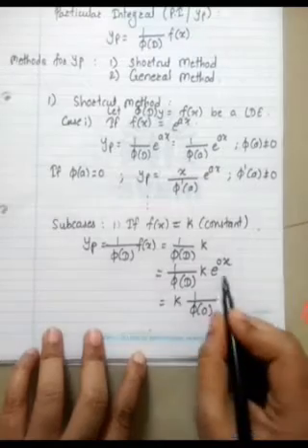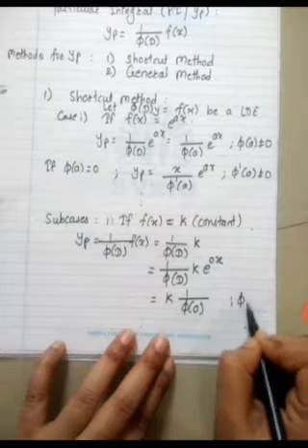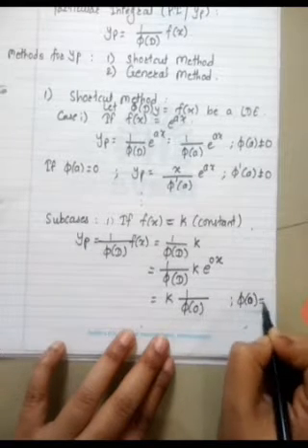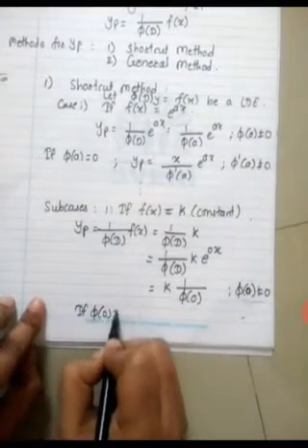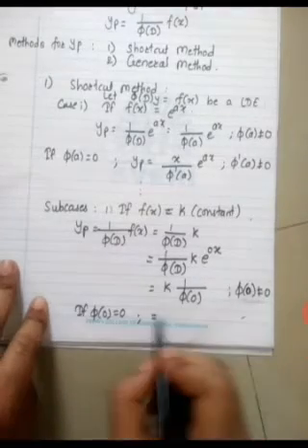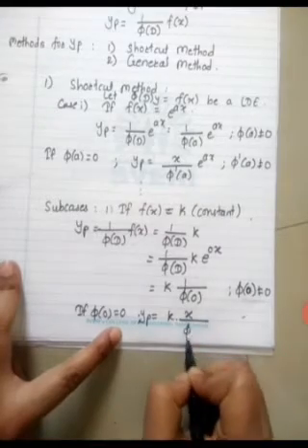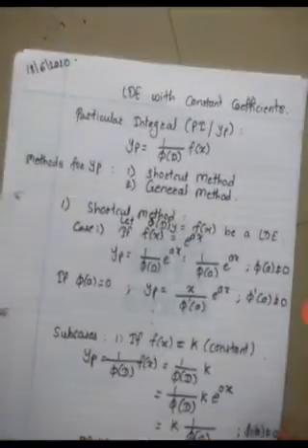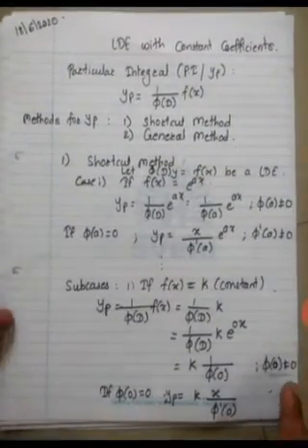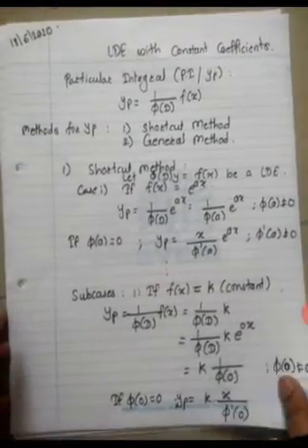So k upon phi of 0 into e raised to 0x, that is 1, no need to write again. And here phi of 0 should not be 0. If it is 0, then what to do? K as it is; multiply by x and take the derivative of the denominator, phi dash. If it is a constant, simply multiply it by e raised to 0x, as e raised to 0x is 1. It will not create any confusion. This is the first case.